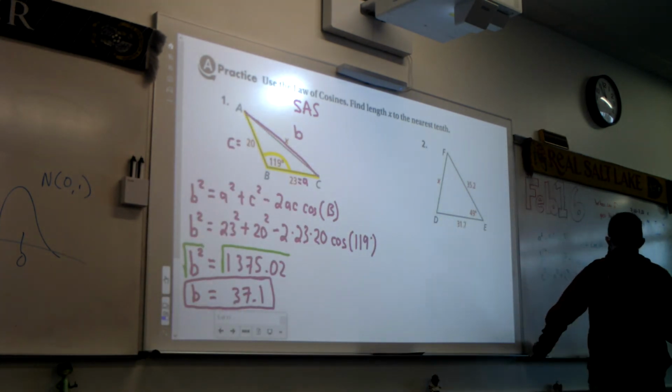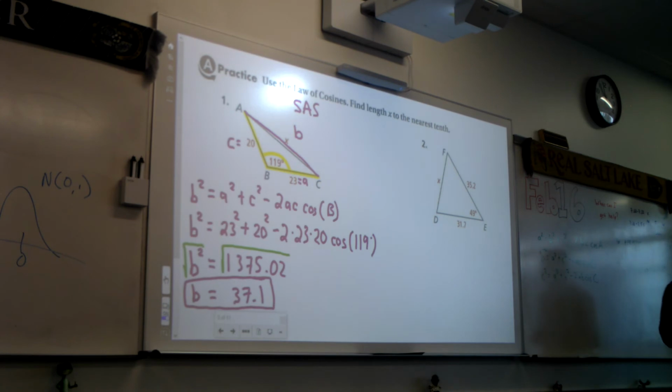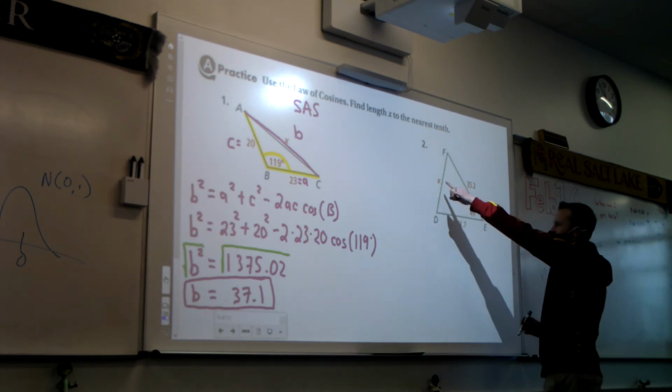Now I'm going to suggest something to you guys. Instead of getting hung up with the A, B's, and C's here, let's look at number 2. A problem people have with number 2 is they're like, which formula do I use? There's no A, B, or C. What I would do is start thinking of this as sides and angles, right? So if I'm trying to find x here,